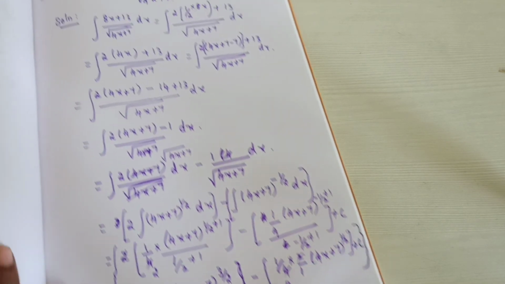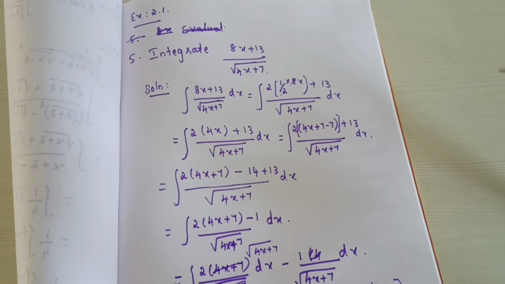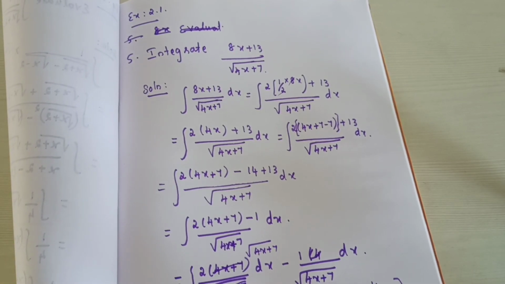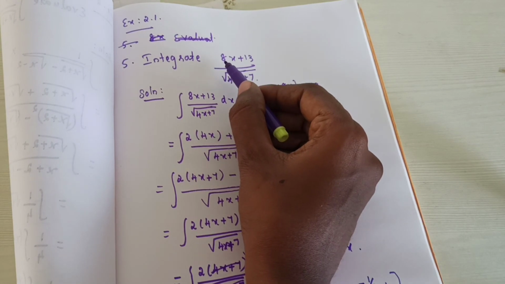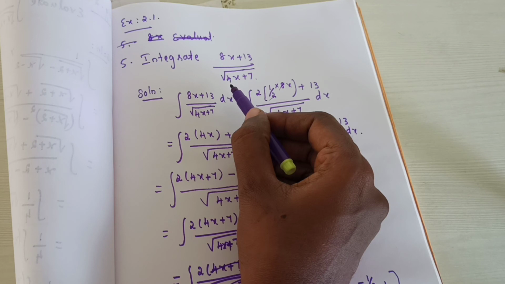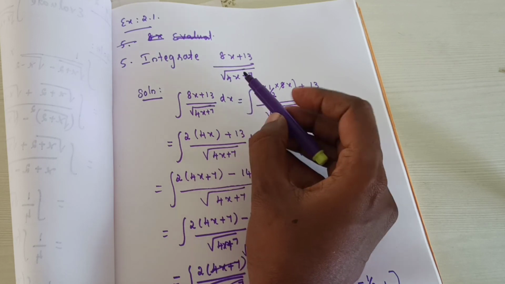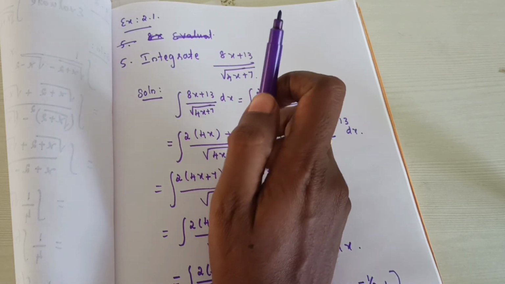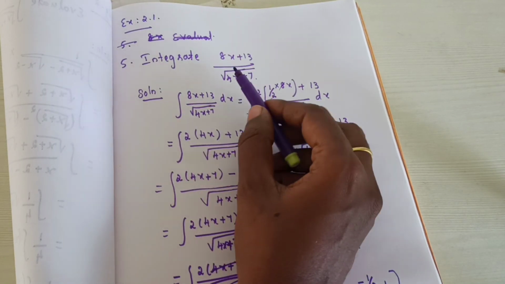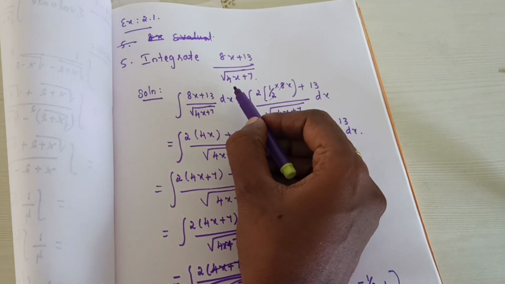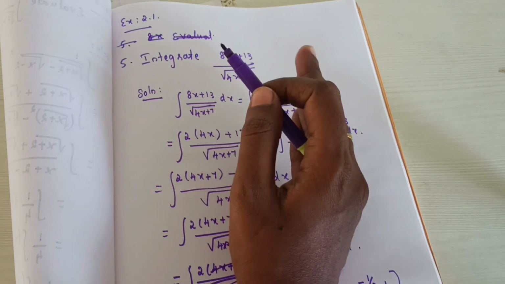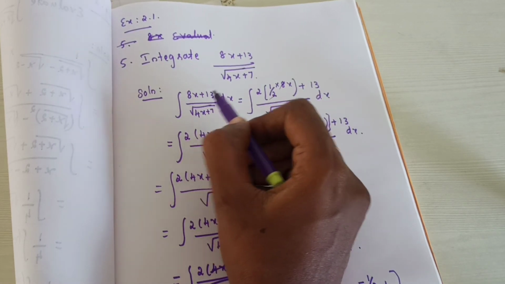Again I will repeat, this is not new. It is the same as that example 2.7. Same as that problem only. So here what's the coefficient of x? 8 is the coefficient of x. So here what's the coefficient? 4 is the coefficient of x. So first your aim is you need to make the numerator value the same as the denominator value. Denominator value 4x + 7 means the numerator you need to make as 4x + 7. Then only you can integrate.